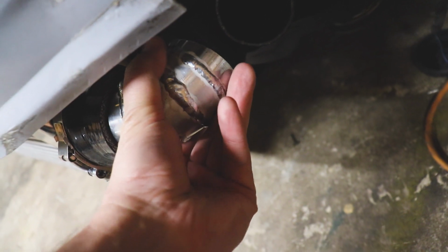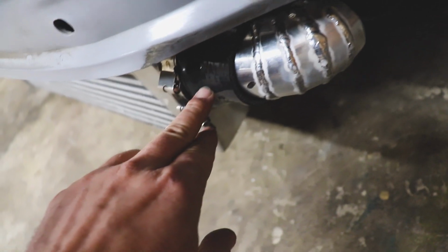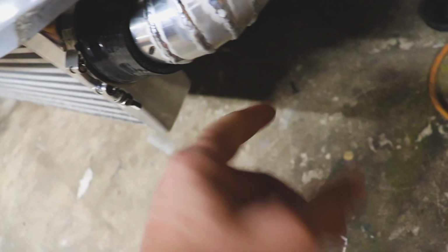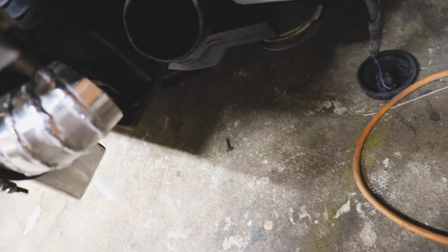We can toss this in here. We'll have to take a straight piece and extend it out to here so we can get a clamp around it. And then we just need a piece that's a little bit of a curve shot. We might be able to, I don't know, we'll figure it out. I'm sure it'll probably be,